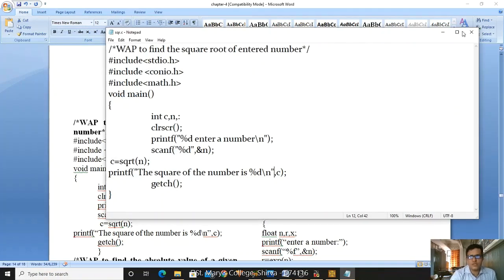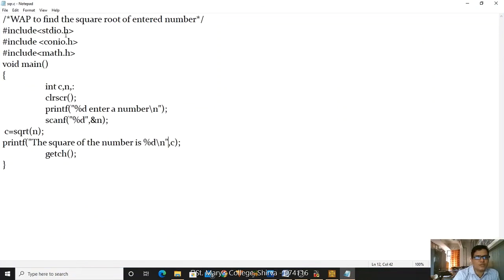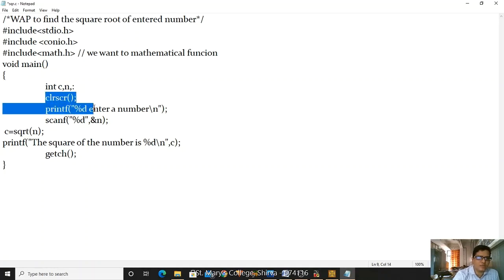Now let us see this program first. #include stdio.h, #include conio.h, #include math.h. Why? Because we want to perform mathematical operations, mathematical functions. Square root is a mathematical function, and for that you have to use math.h. Afterwards you are using the main function, open curly brace, and declaring two variables, int c comma n. Next, clear screen.